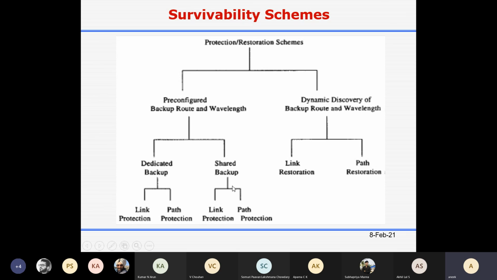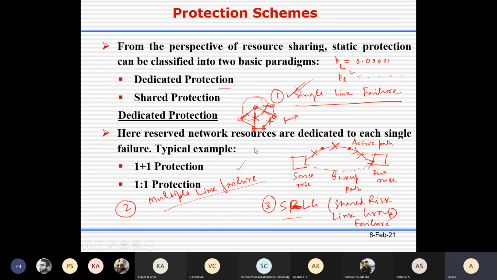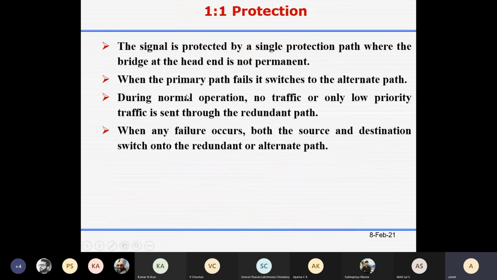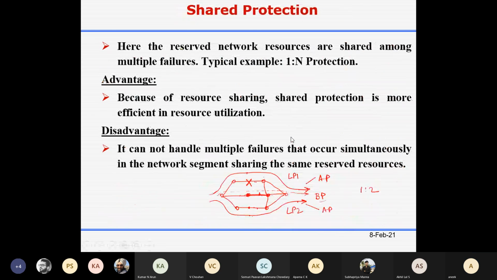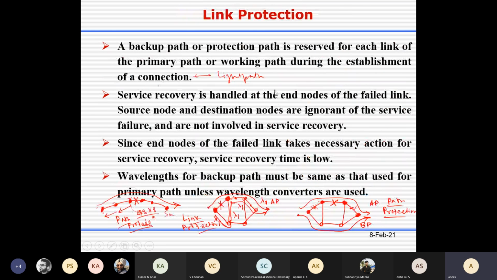Okay, so then we are discussing these protection schemes. Protection schemes can be of two types: dedicated protection and shared protection. Under dedicated protection, we know that there is 1+1 protection. The other one is the 1:1 protection. Then we have link protection. So you know that, like this diagram,